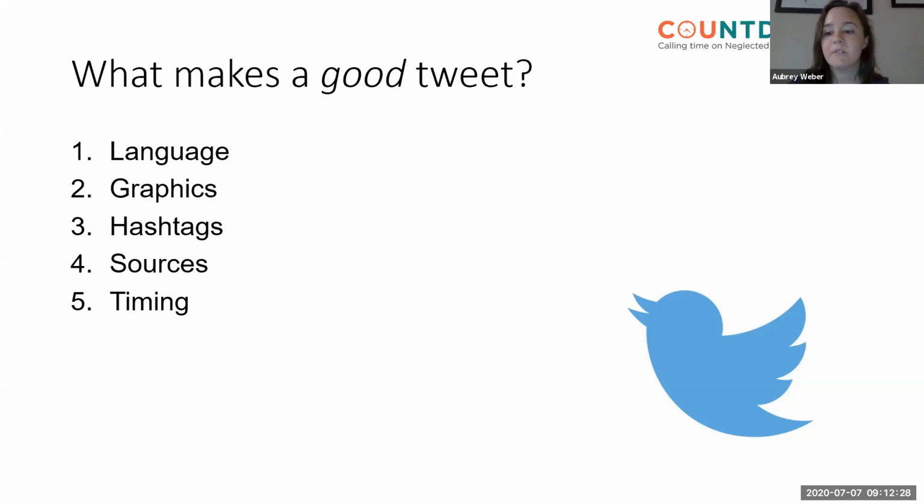Sourcing is also important, especially if you're sharing other organizations or projects' resources. When you tag another handle and give credit in the Twitterverse, as we call it, this is essentially a shout out or acknowledgement. And finally, timing. You probably haven't thought much about this, but there are busy times and slow times on Twitter. You want your tweets to be seen during those busy hours when most people are online, so it's important to keep that in mind as well.